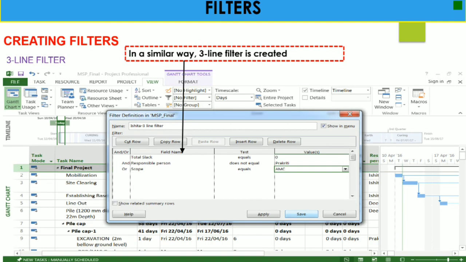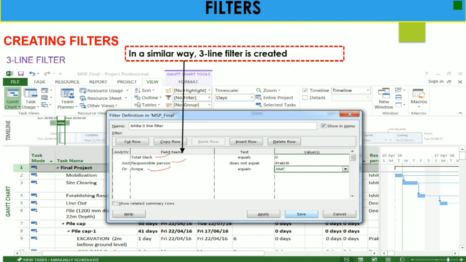As we have already done a two-line filter, in a similar way you can create a three-line filter. Based on your requirement, you can add whatever field names you want. If I want to see what total slack I have in my project, who the responsible person is, and what the scope of work is, I show total slack, responsible person and scope.